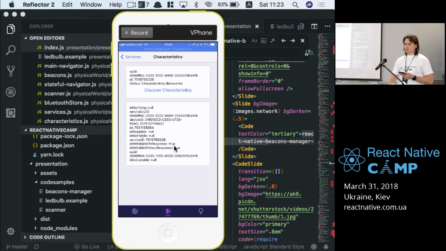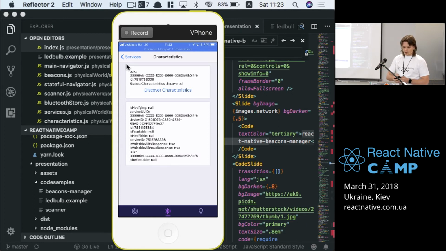So, for example, you can write data to some specific characteristic on the device, but you can't read it. You can't get the response. Probably there is another characteristic where you can get a notification if this one changed.